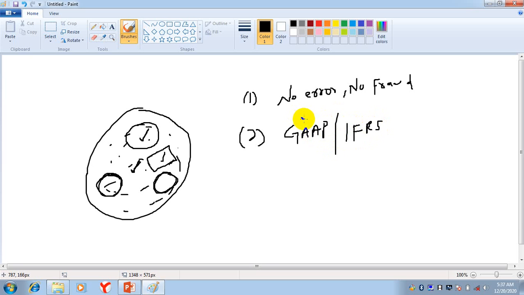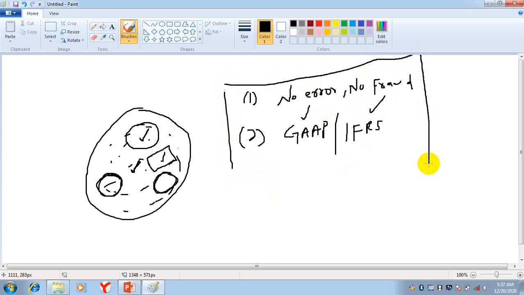I told you GAAP is followed in United States and IFRS is followed in UK. So this report is the best report that a company can receive.